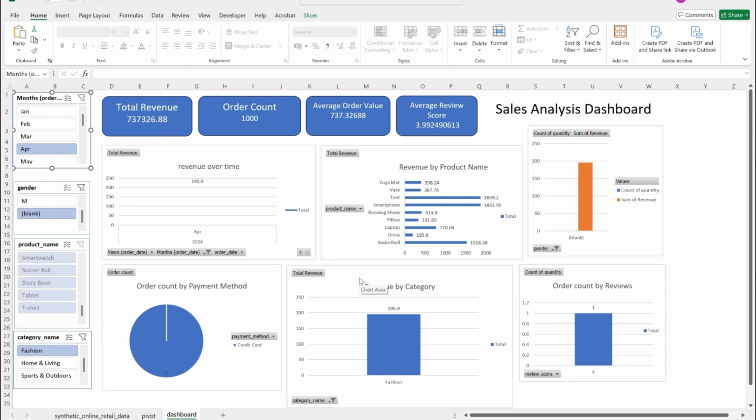Now let's move on to another method where we will create a dashboard like this, but it will not take this amount of time, taking hours to separately create the pivot tables and separately create the charts and then adjusting everything, formatting everything. It actually takes a lot of time. It consumes a lot of time if you do it manually. But if you give some well formatted prompts to ChatGPT, it will do your work much faster and easier. So let's move on to that next method, to create another interactive dashboard using ChatGPT.